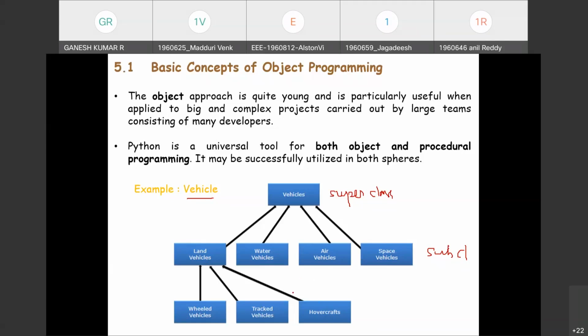Note the direction of the arrows: they always point to the superclass. All the subclasses are children and point towards their parent. These are three children of the parent land vehicle. Land, water, air and space are other children of the superclass vehicle.